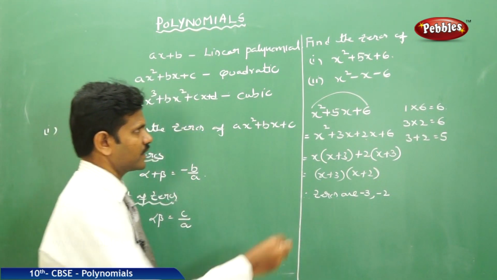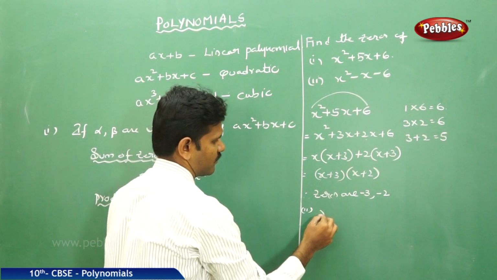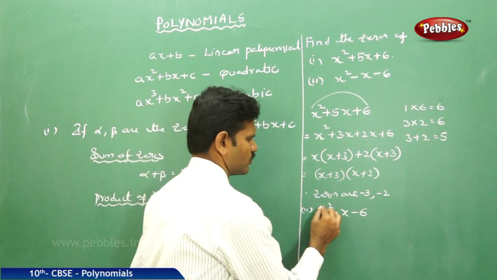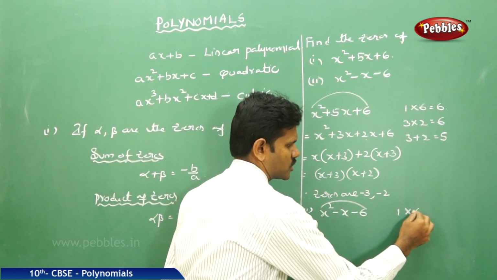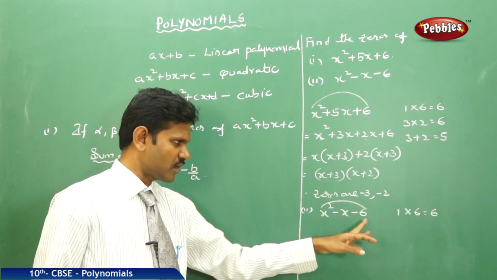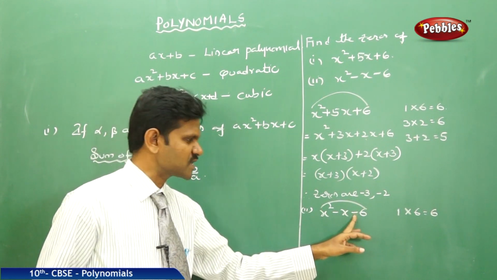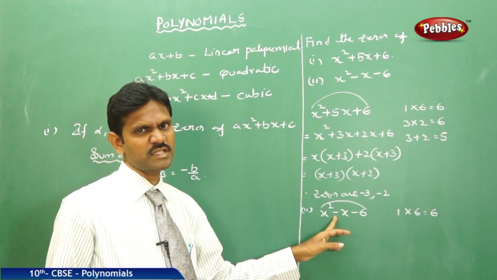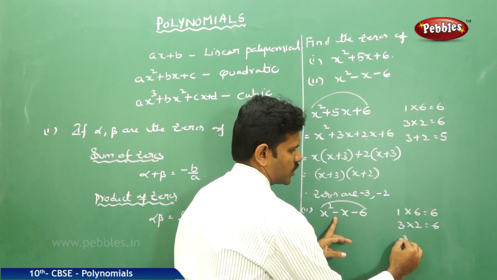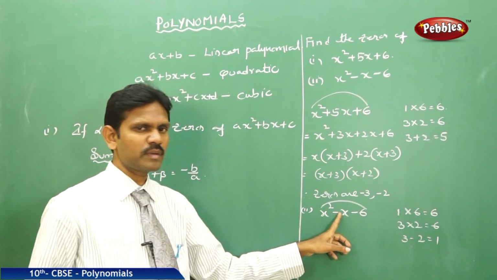Okay. Similarly, let us consider the second example, that is x square minus x minus 6. Again, 1 times 6 is equal to 6. You have to find the factors of 6. Let us check: the sign beside the constant is negative. That means your process is subtraction. After subtraction, you must get the number minus 1. Let us check. 3 twos are 6, and 3 minus 2 is equal to 1. See, I got my number 1.